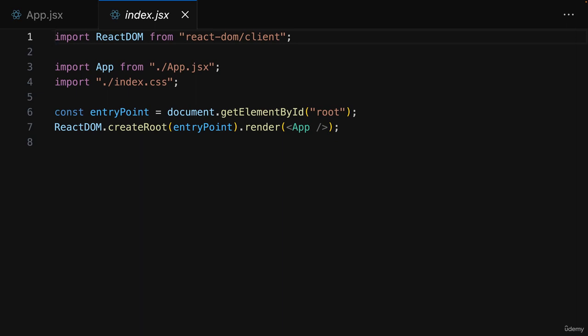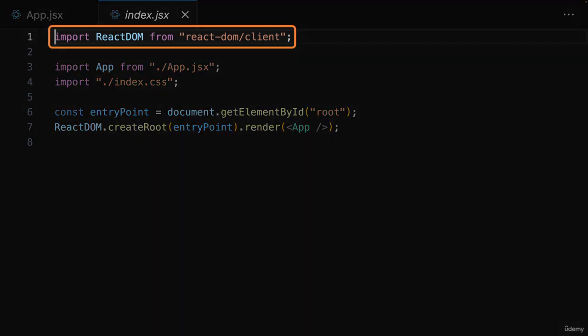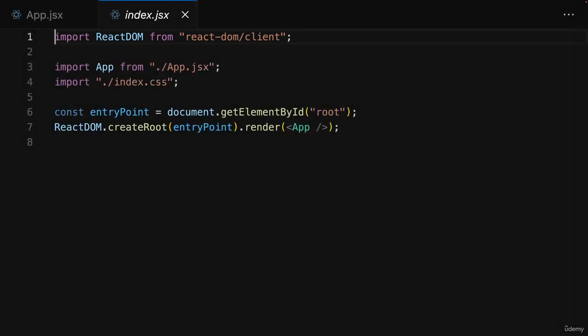Because this file, this index.js file, acts as the main entry point of our React app, since it is the first file to be loaded by the HTML file. And it's in this place where the React app boots up, you could say. To be precise, it's this special React DOM library, which in the end belongs to the overall React library, from which we're importing here, which ultimately renders